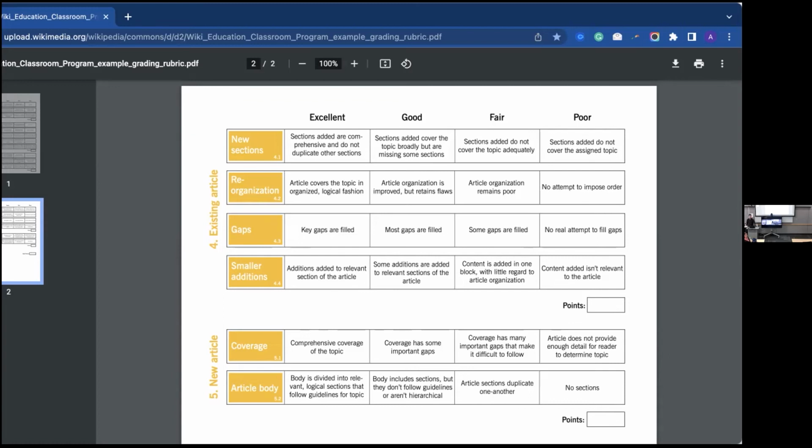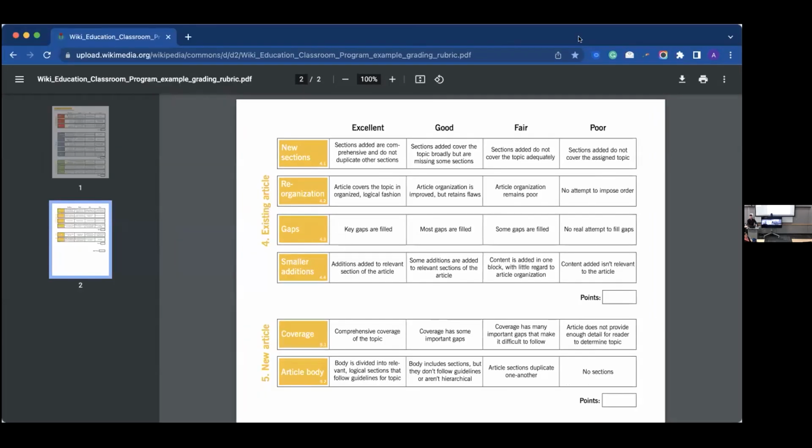Wikipedia is the place for established information. It's not the place for the latest and greatest. It's the information that's been accepted in a field, for however long that is. I'm a historian by training, so it's not a place where I would take my primary documents and make conclusions. It wants people to go to the secondary sources and say, this is what the current scholarship says.